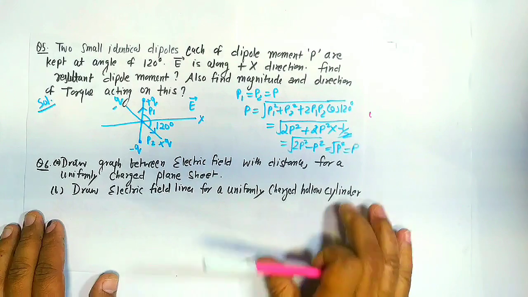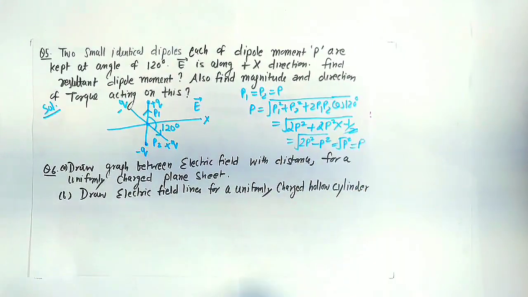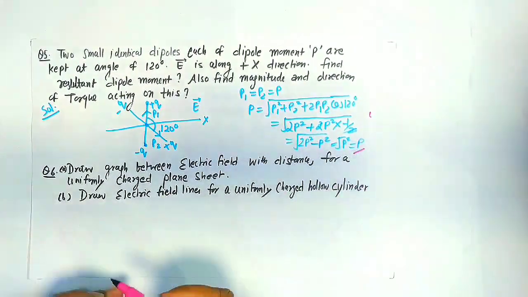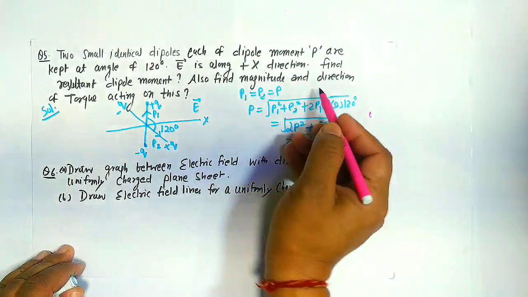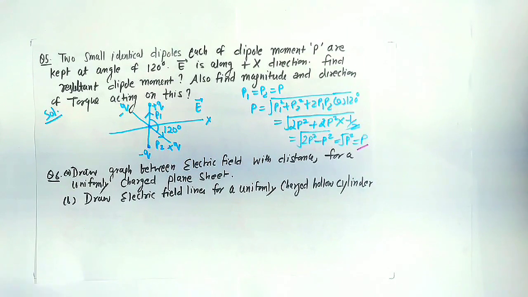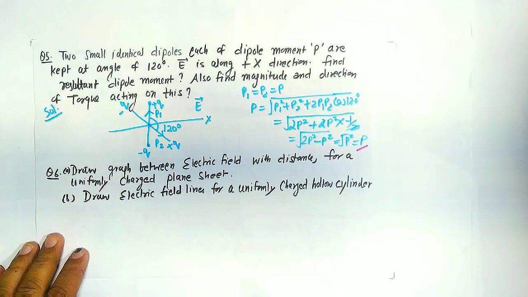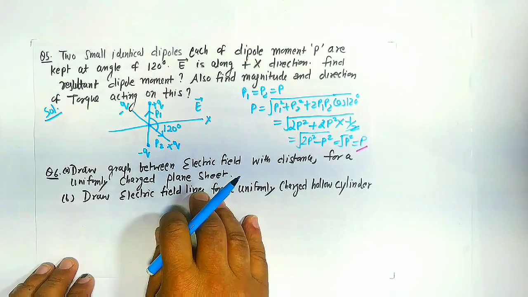So the final answer is P. This is the resultant dipole moment. Also find the magnitude and direction of the torque acting on this. I think most of you know the formula of torque. Torque is